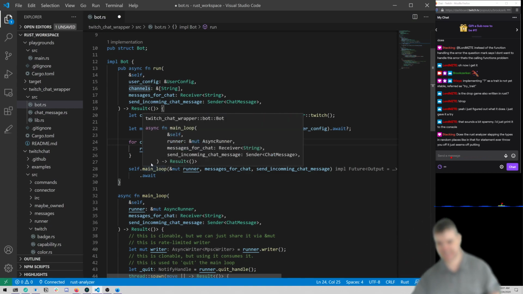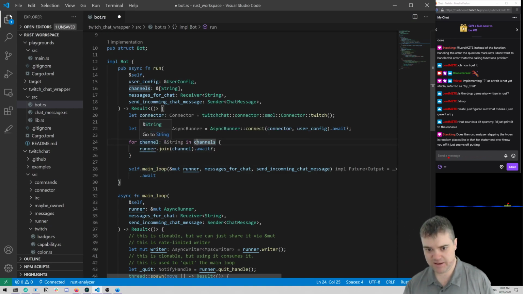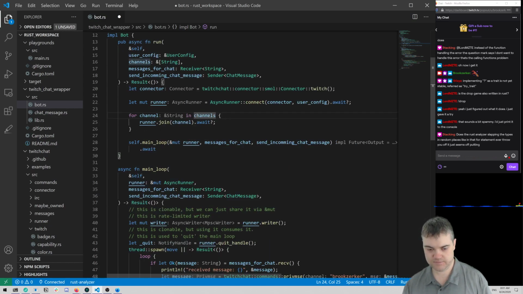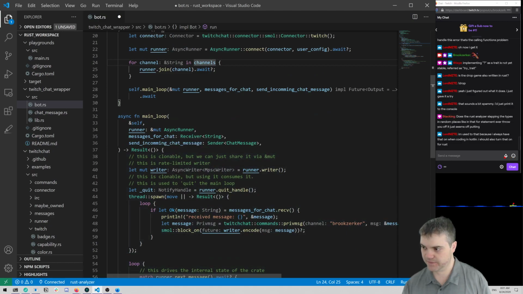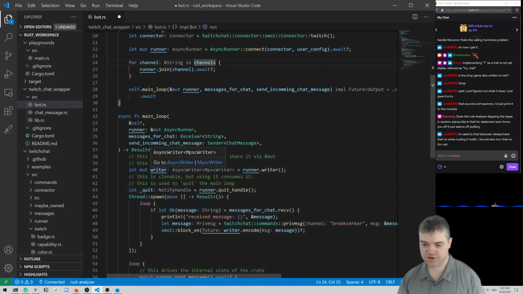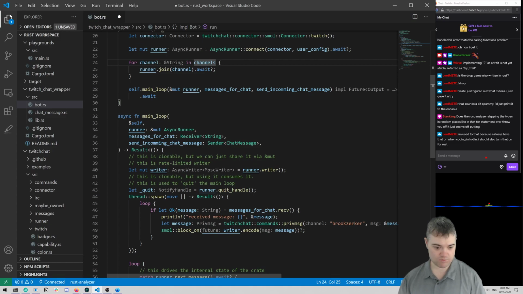So in some ways it's nice, and in some ways it's really annoying. Lord, you're used to that because you always have that on when coding in Kotlin. You should also turn on in Rust. Yeah, it's a Rust analyzer that gives you that, not RLS.